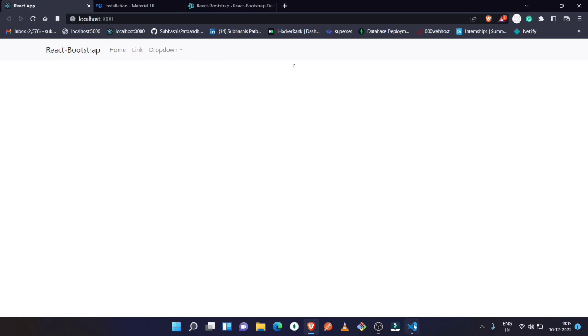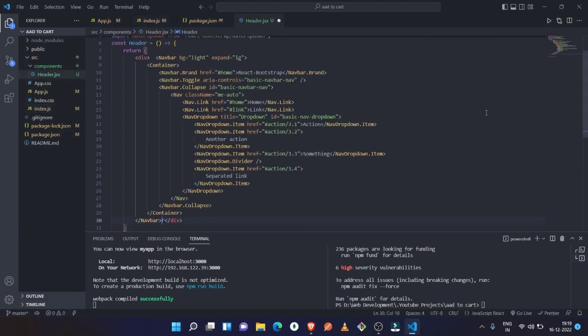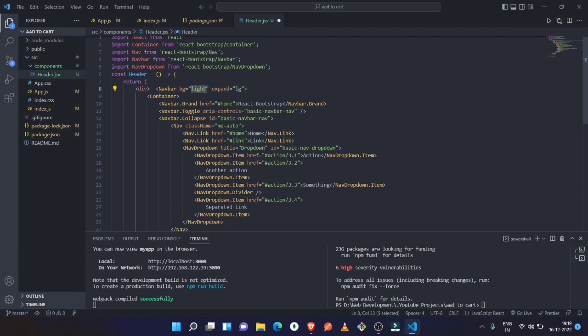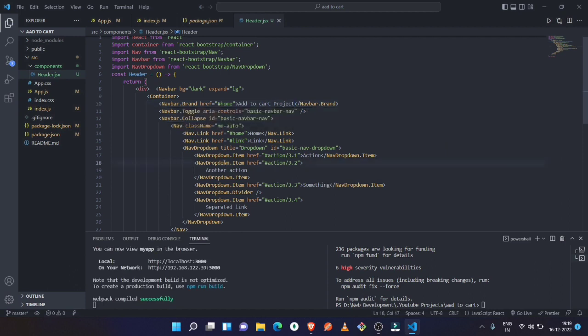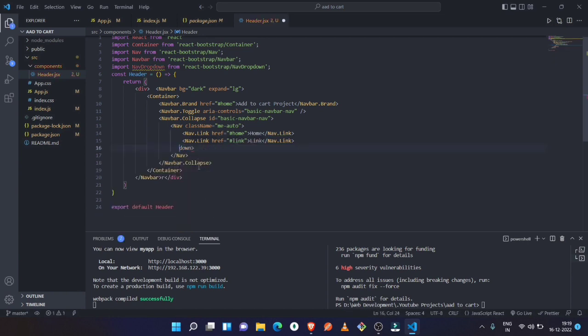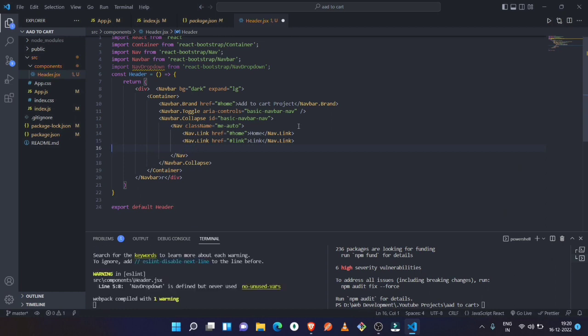So let's customize it a little bit. Inside the header.jsx, let's change the background from light to dark. And inside the navbar brand, we are going to write here add to cart project, and the navbar dropdown, we don't need it. And our default page is the products page, products, and then we have an icon here. So let's import this icon from Material UI. So let's go to, okay, before that,